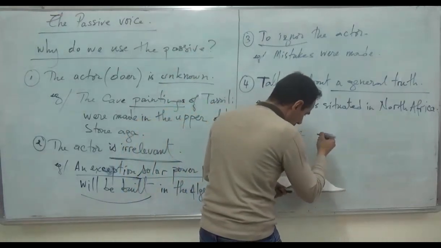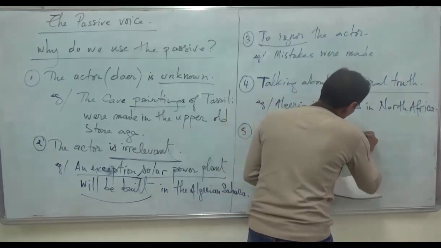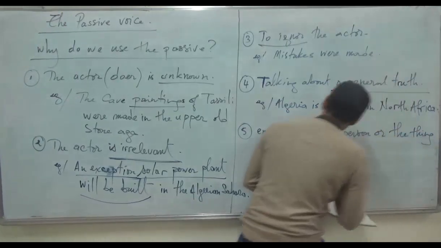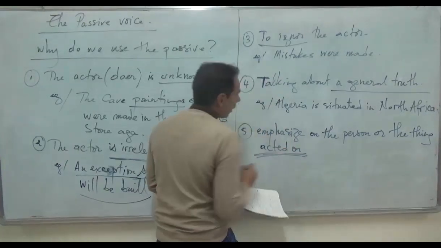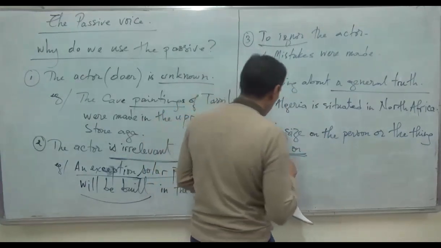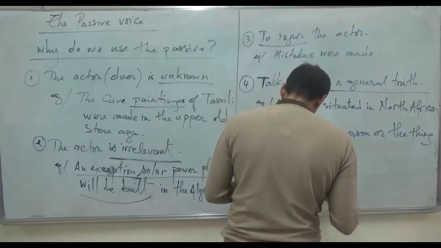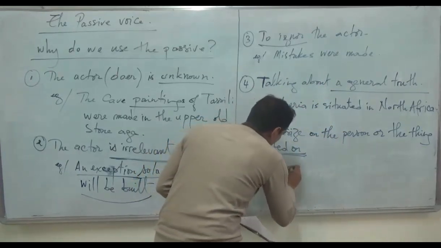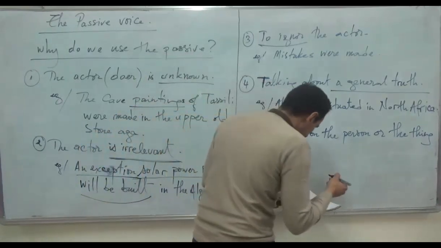To emphasize on the person or the thing acted on, not the person or the thing who acted on, or who was acted on. For example, insulin, تعرفوها الانسولين. Insulin